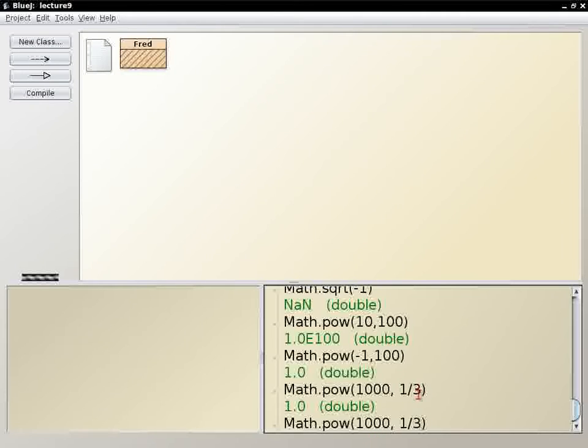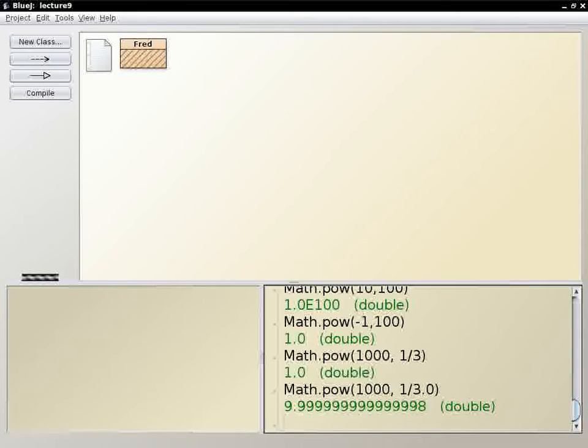10, right? 10 times 10 times 10 is 1,000. So why does it say 1? That can't be a round-off error. Round-off errors would be small. This is a big error, right? So what he observed is if you put a .0 here, then you'll get almost the right answer. This now is a round-off error for 10. But why did the first one not work?